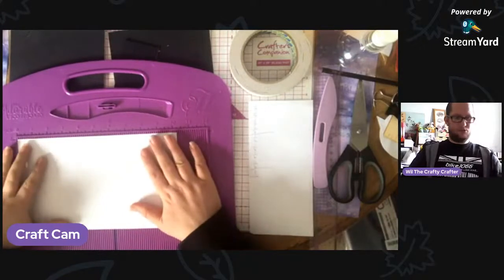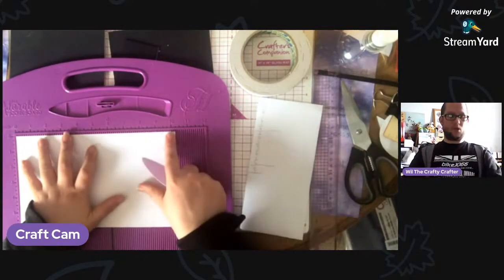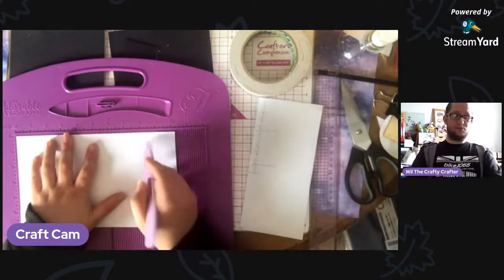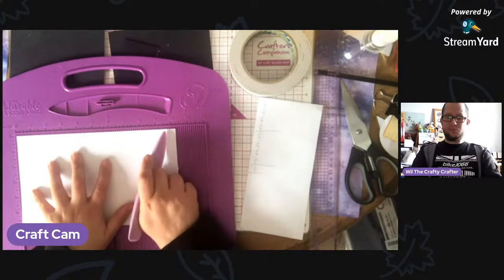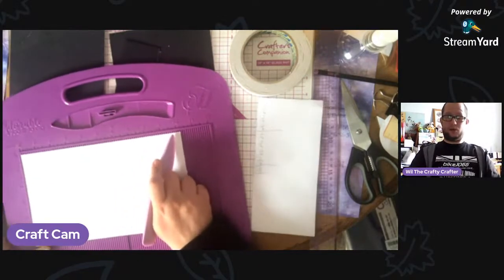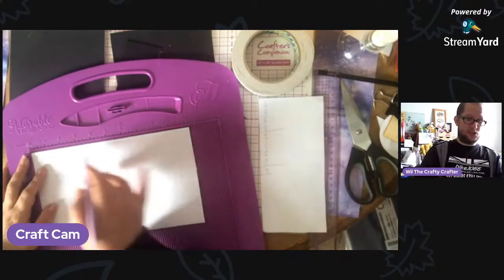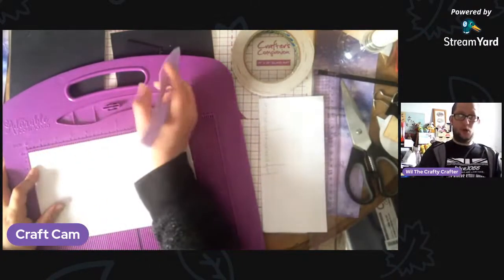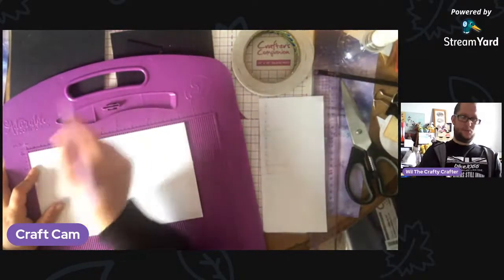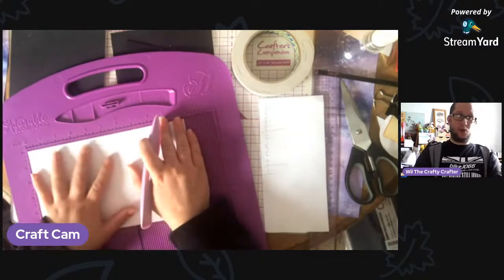So I'm going to start off with this. This piece is 6 inches by 10.25 inches. And this piece is going to be put onto the spine to hold all the pages. So I'm going to do all my putting together first, if you know what I mean, putting the cover together first. So how I do it for this spine,